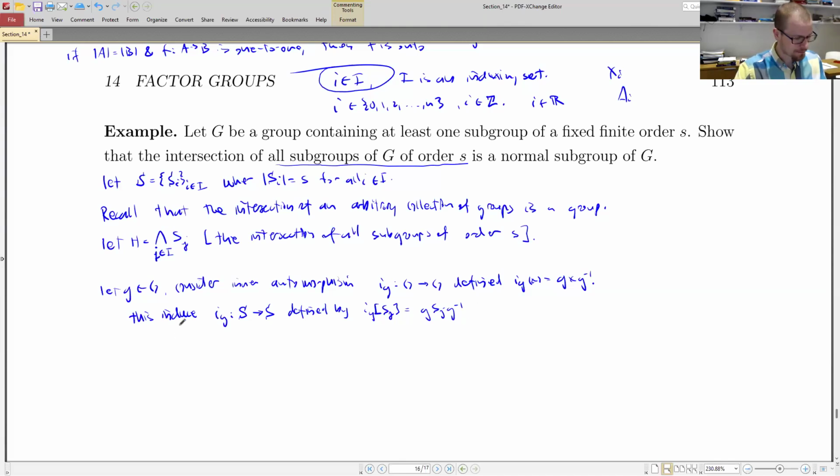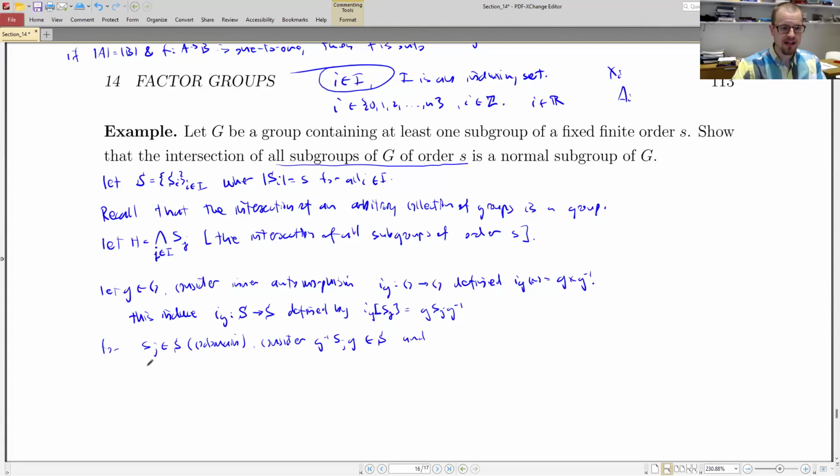Let's see here. Now, for S_j belonging to S, that is the codomain, I want to consider g⁻¹ S_j g. Why do I want to consider that? Well, this itself is an element of S,